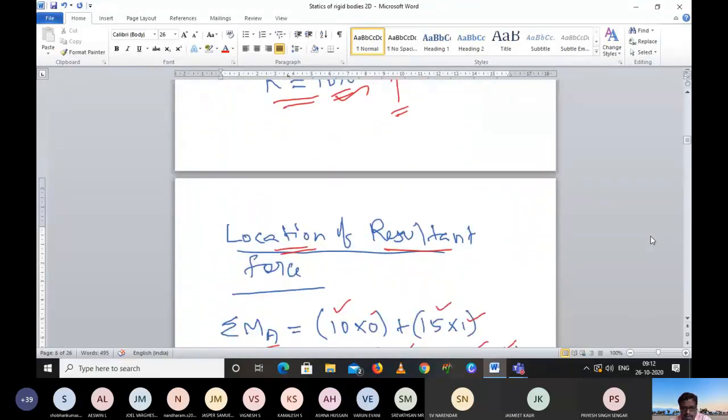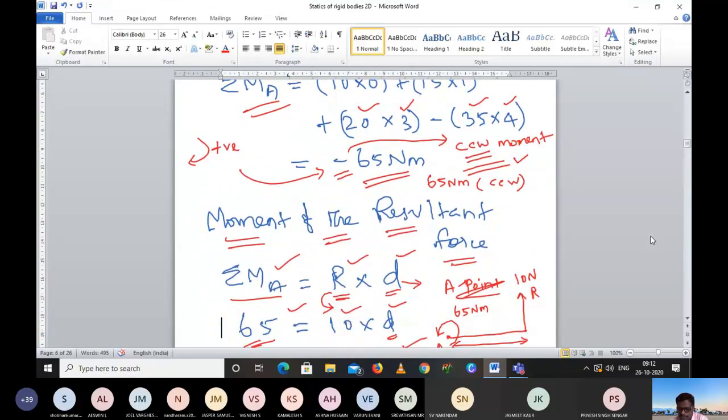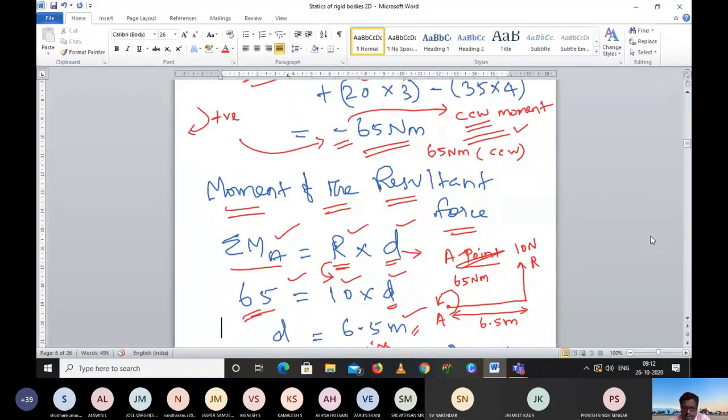Next, we have calculated based on that moment. We know that the moment of the resultant force is equal to the sum of the moments about any one point, that is the resultant times its distance from the same point. We substituted the resultant value 10. Here also we did not substitute the minus, and we got minus 65 Newton meter. We assumed the entire system is rotating clockwise, so we took positive, but actually the upward forces are more, so the system is rotating counterclockwise. Are we clear about this?